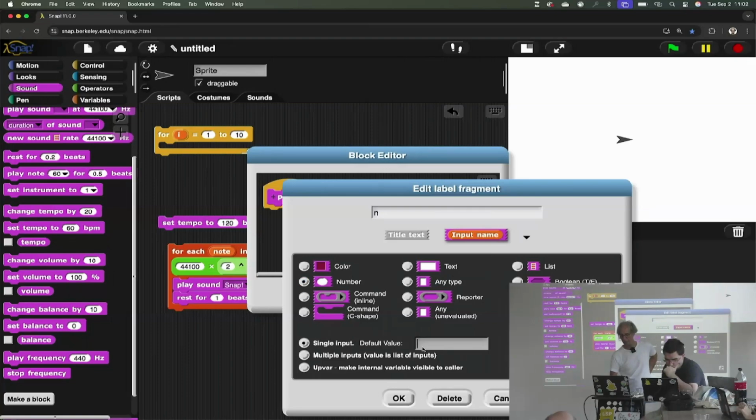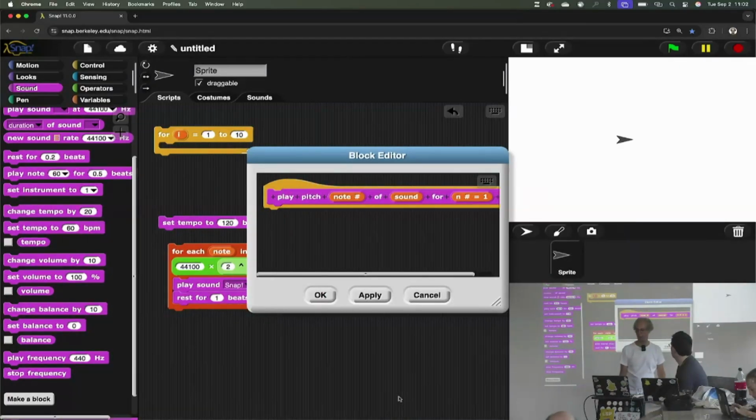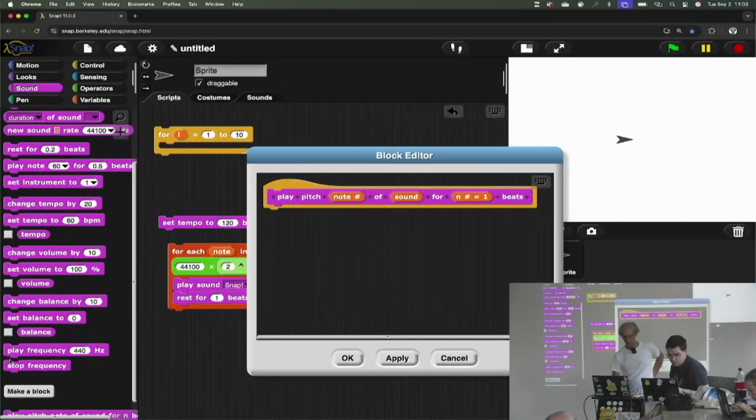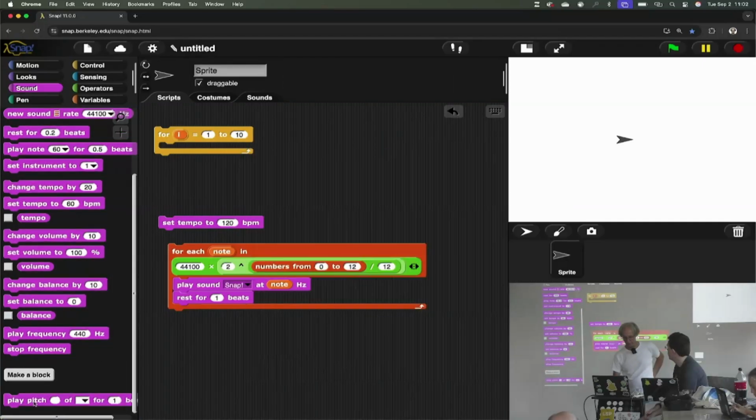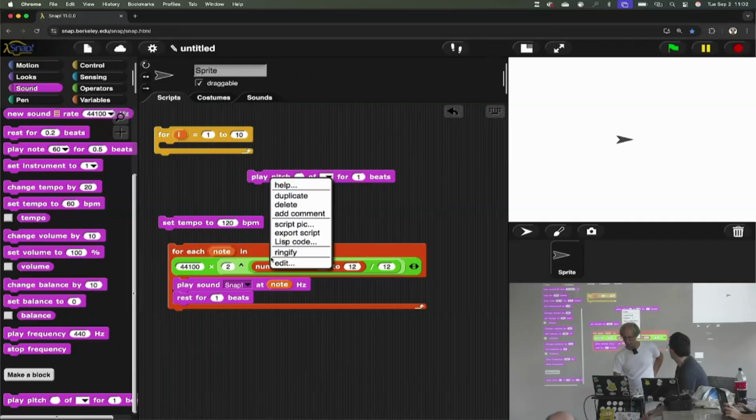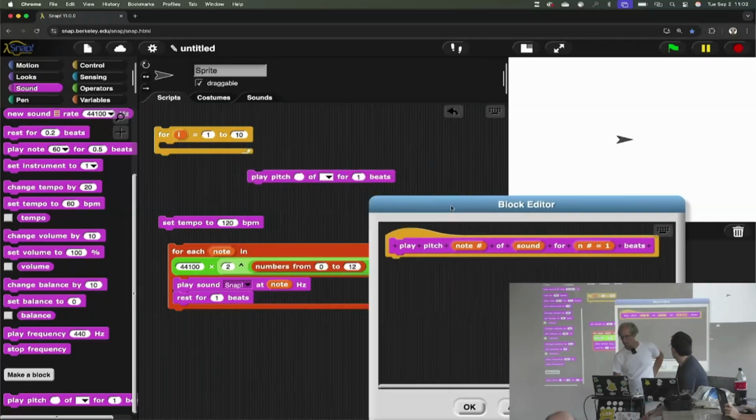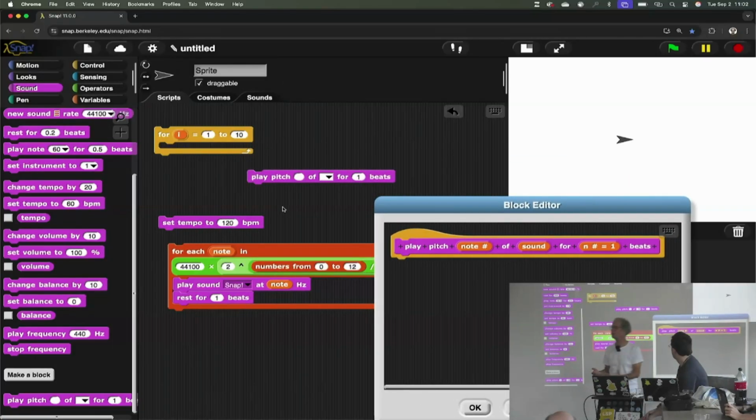I can put in default values here if I want. I could say for 1 beat or whatever. Then this is going to show up in the palette. But I don't have to do this. And so now, when I apply this, I'm already getting the block. Oh, wait. I said OK instead of apply. And the way we're teaching this in Snap is that we can now do a little test